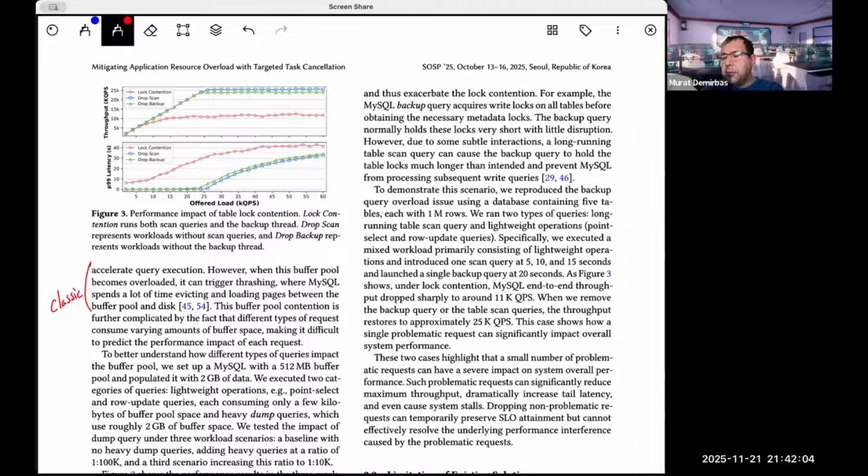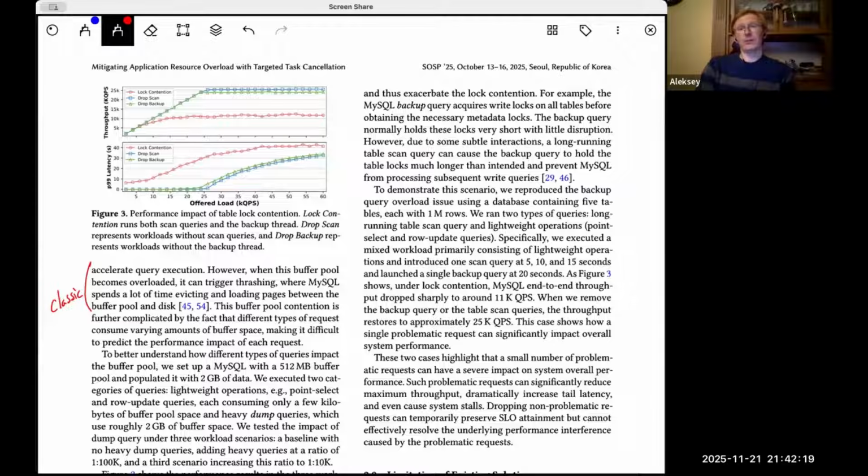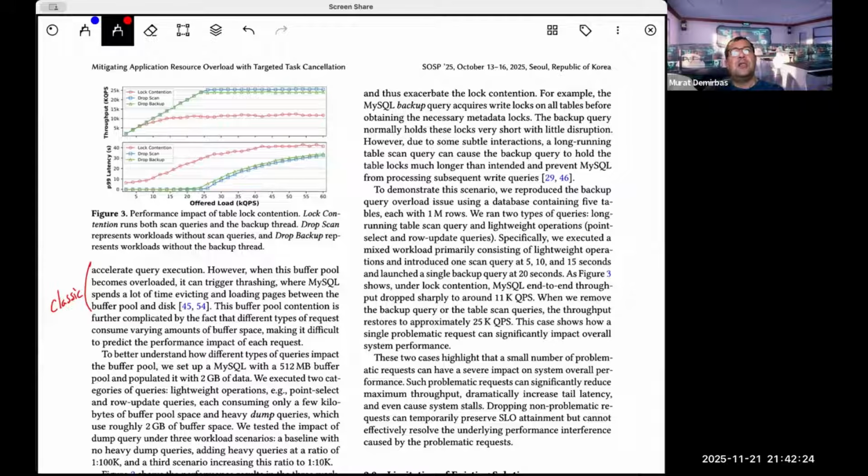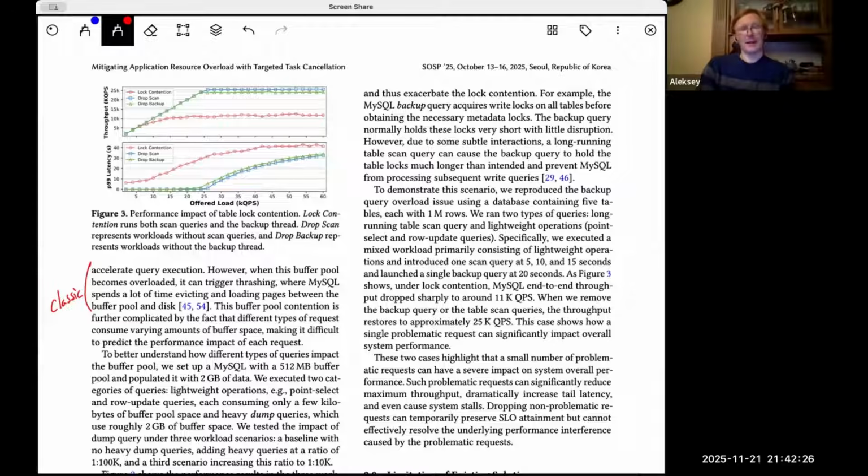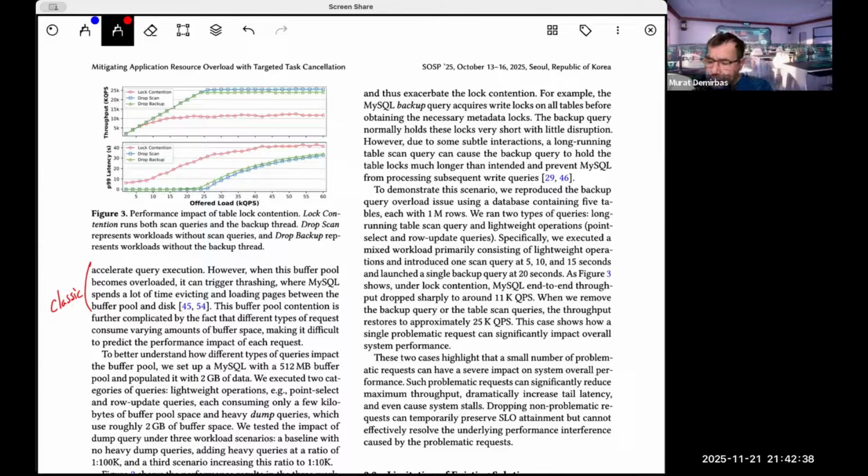Well, this is what I'm talking about. When you are in such a crunching situation or thrashing situation, how does canceling something help? Well, if there is just one task that takes half of the buffer, right? Yeah, that makes sense. That being said, if the thrashing already started, even if you cancel that thing, the thrashing will keep going for some time. Like you will need to refill the buffer, the caches and whatnot, right?